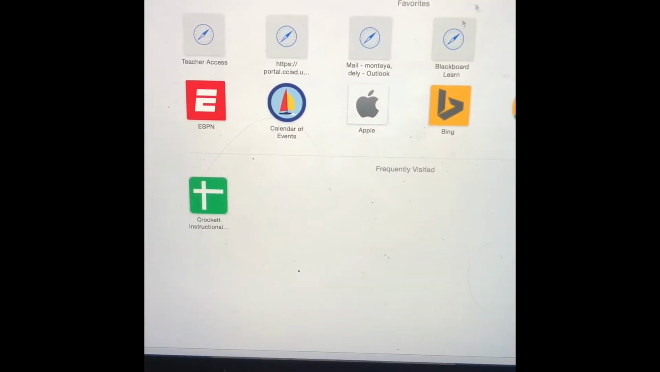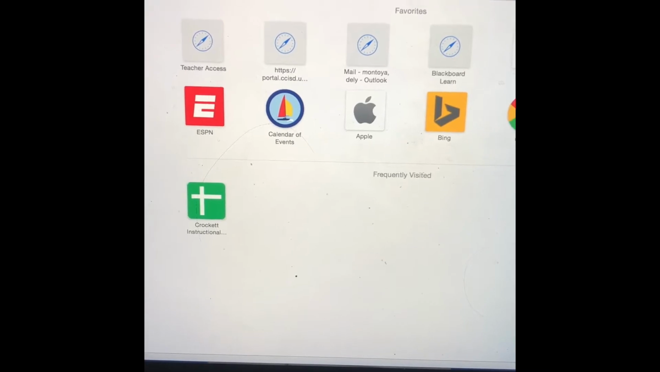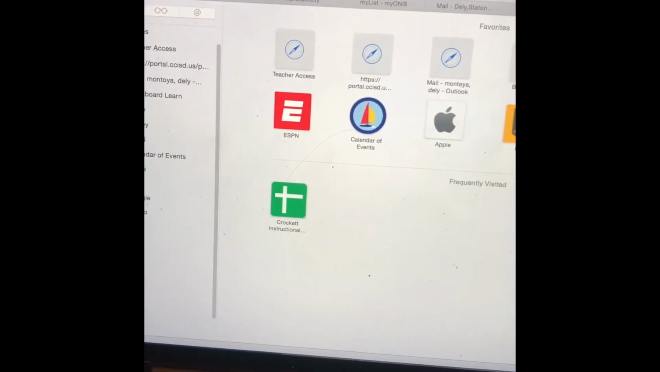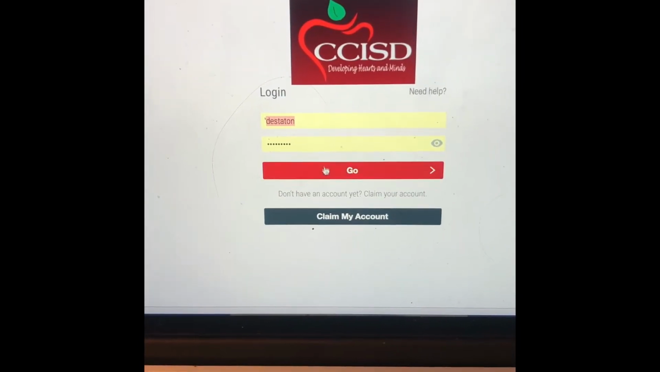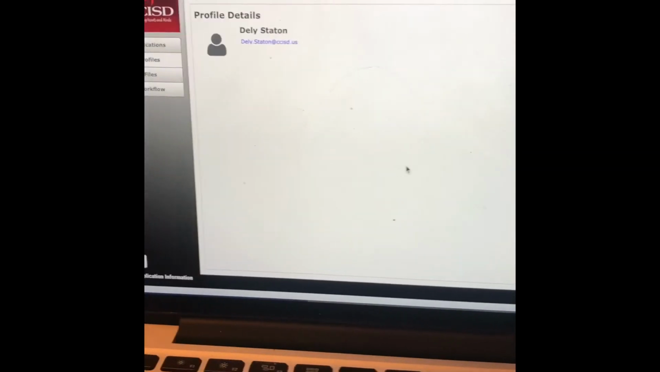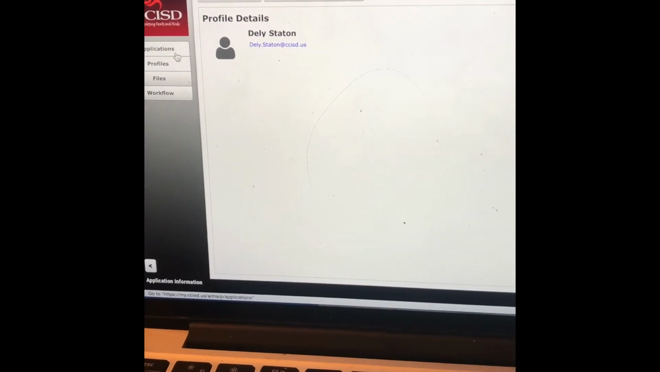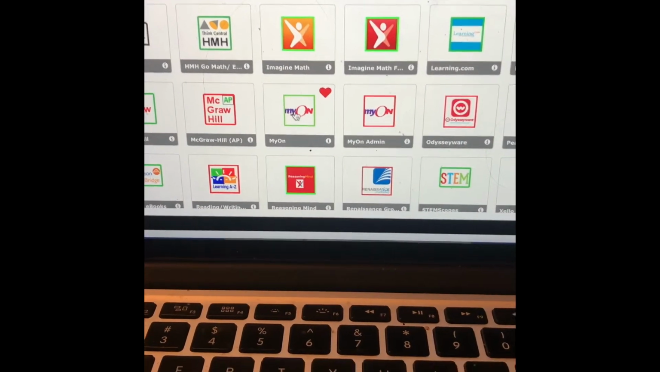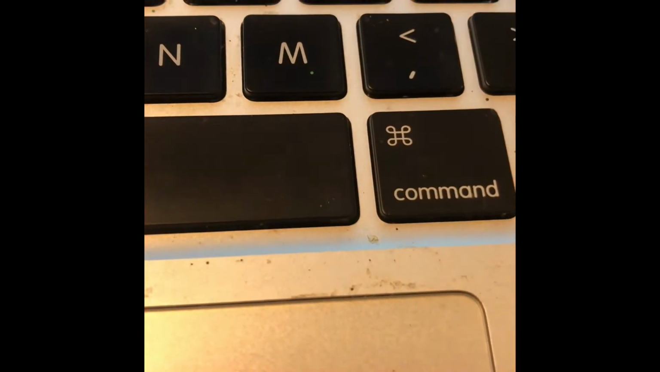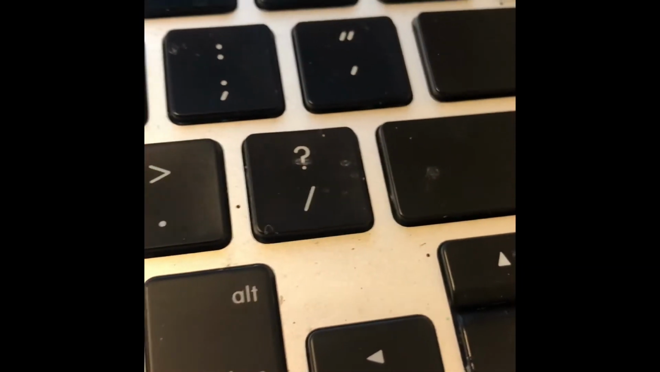Here I am on a browser ready to select where to go. So first thing, I'm going to go to my.ccisd.us. After you type in your username and your password, you are going to go to go. And it's going to pop you up to this screen right here. You're going to go to applications. Then you're going to select My Ion. And then